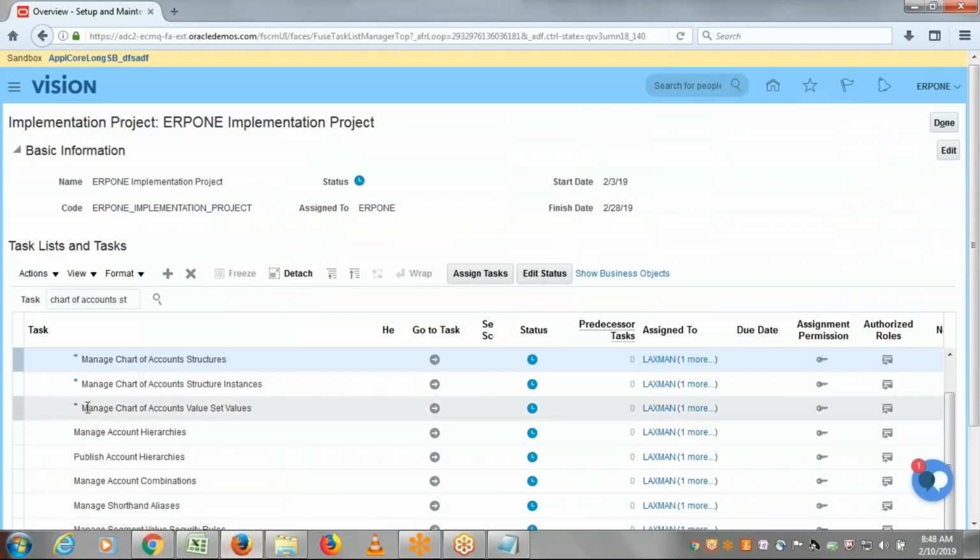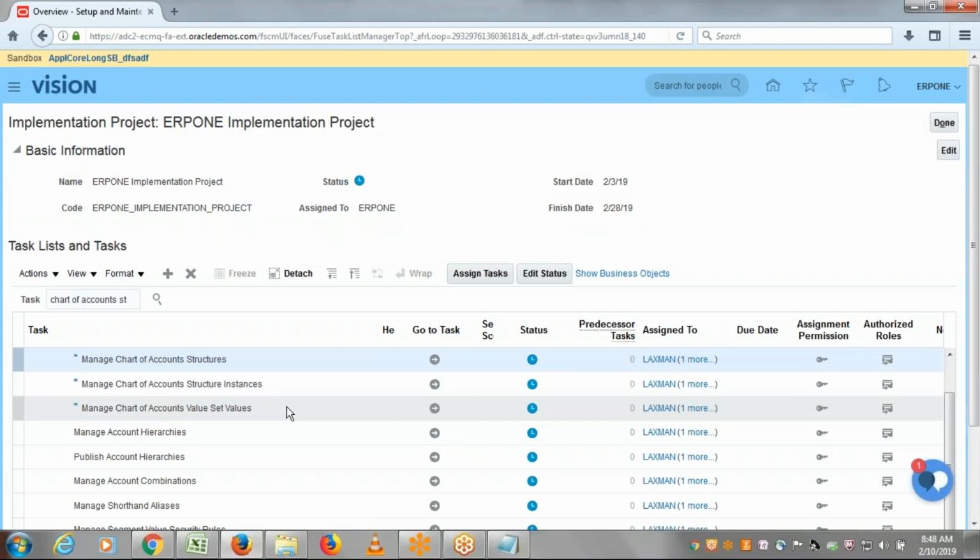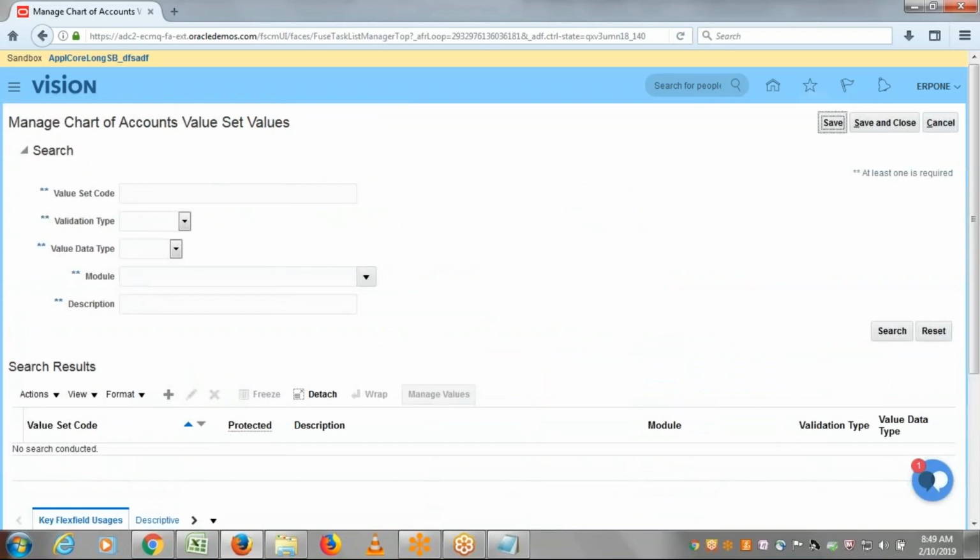So this is the task we have to use: Manage Chart of Accounts Value Set Values. Since our chart of account structure is deployed, when you try to create the value, the system will display value attributes, nothing but segment qualifiers in EBS. Click on the go to task icon. So search for our value set. In which value set do we want to create the values? Say ERP1 company, or else it's already